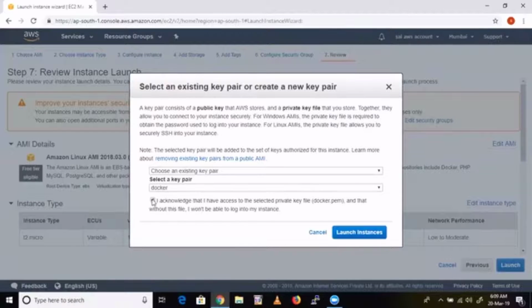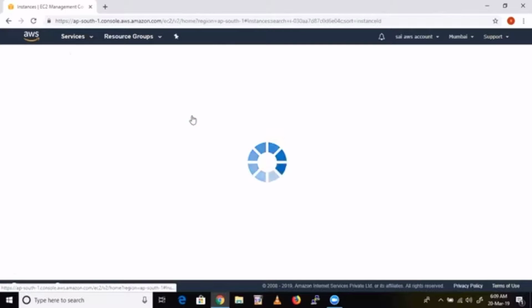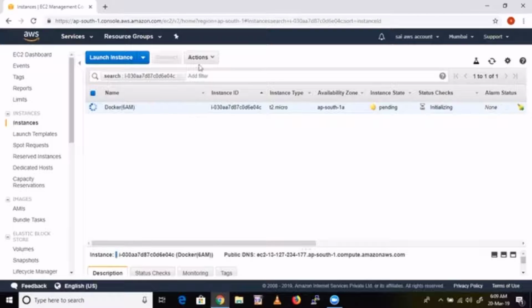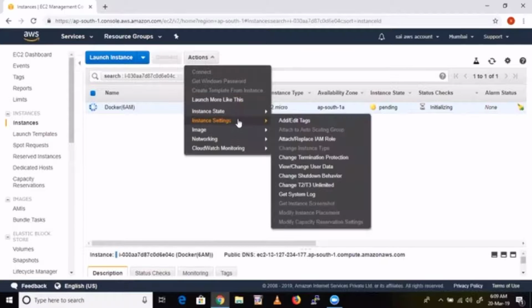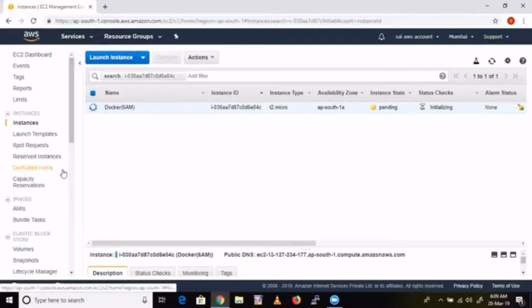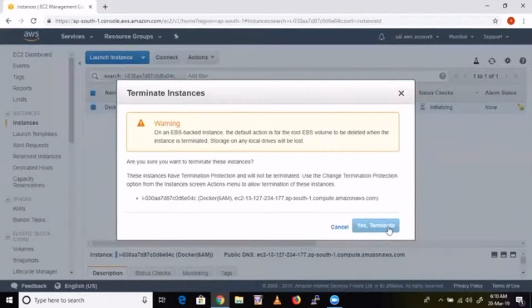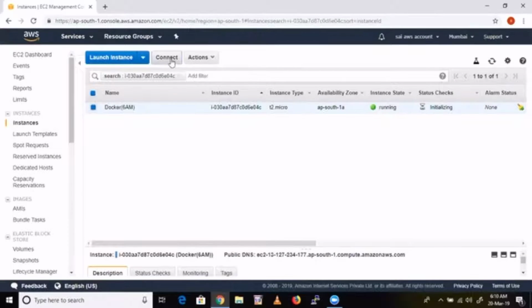Let's keep that. Select the key pair. Launch instance. Okay, what I'll do, instance settings, change termination protection. You also enable this one, guys, so that you cannot terminate your machine accidentally. Now it won't allow you to terminate this machine. Fine. Now let's go inside this machine.